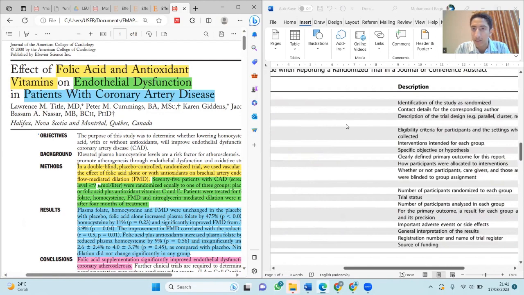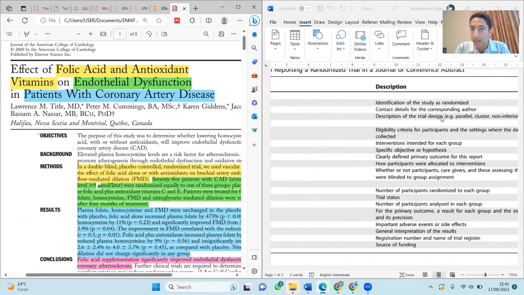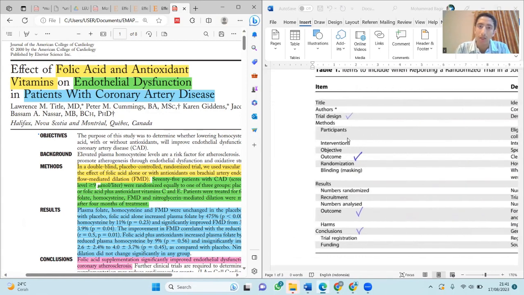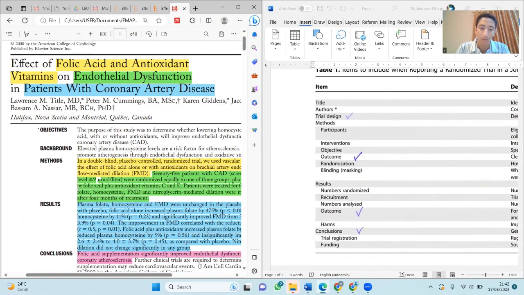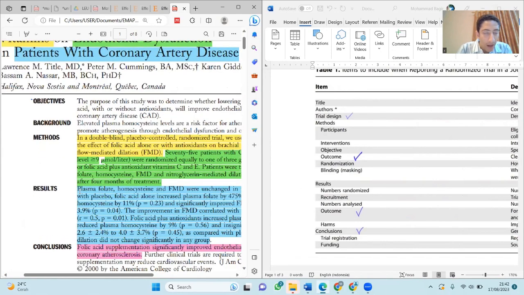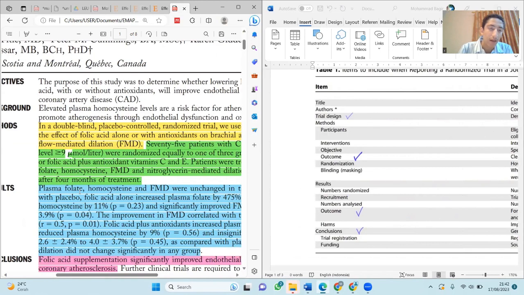Trial design is the description of the trial design, such as parallel, cross-over, non-inferiority. And the trial design, I can find